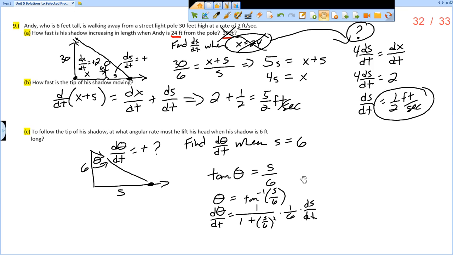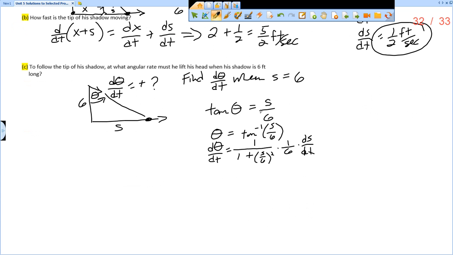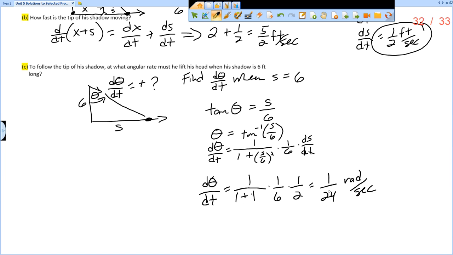All right. Now we want to plug in what we know. We are given find d theta/dt when s is 6. So d theta/dt is 1 over 1 plus (6 over 6) squared, which is just 1 squared, times 1/6 times ds/dt, which as we figured out in part A was 1/2. And so we get 1 over 1 plus 1, so 1/2 times 1/6 times 1/2, or 1/24. And the units here are radians per second. And so that is problem number